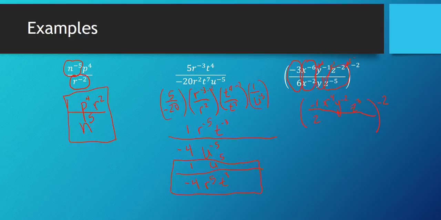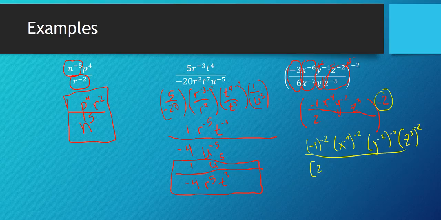Now, I need to apply this exponent to everything inside my parentheses. So, I need to do the negative 1 to the negative 2. I need to do the x to the negative 4th to the negative 2, y to the negative 2nd to the negative 2, z to the 3rd to the negative 2, and the 2 to the negative 2. You don't have to write out every single one of those. You can do those mentally. I'm just showing you have to do that to everything. So,